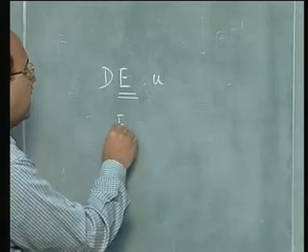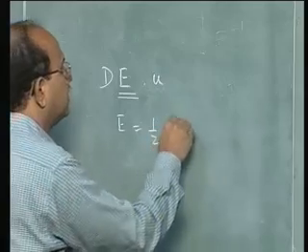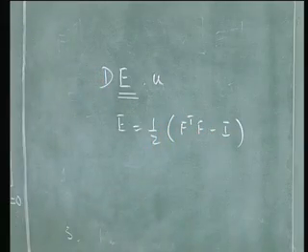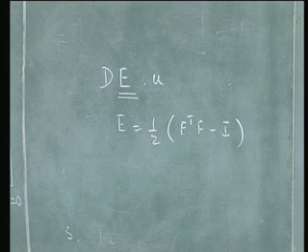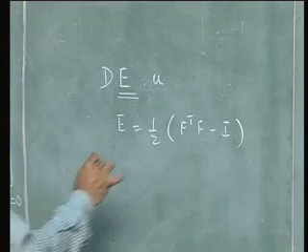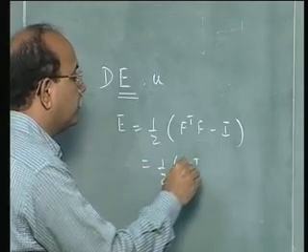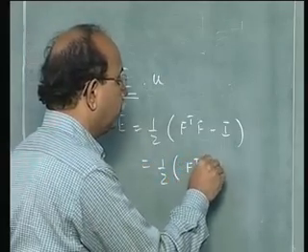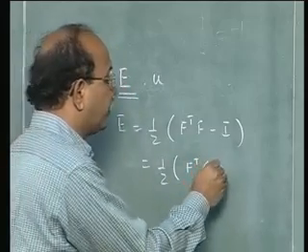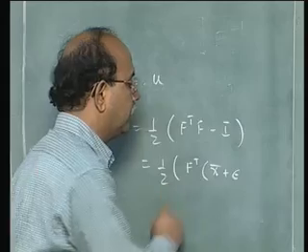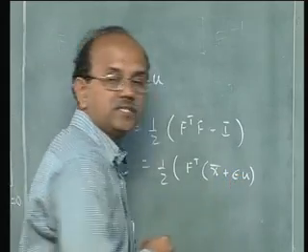So we know that E is equal to half of F transpose F minus I. So what we want to find out is half of F transpose defined for a particular configuration plus, say, epsilon u along a certain direction,